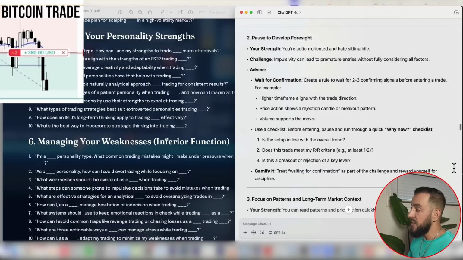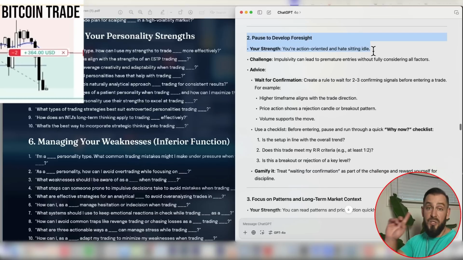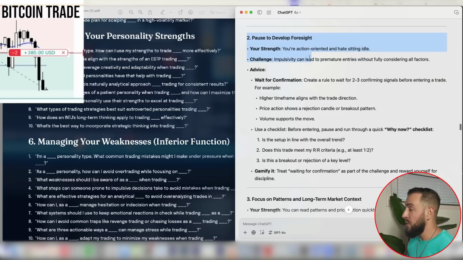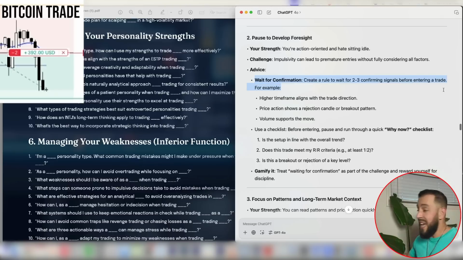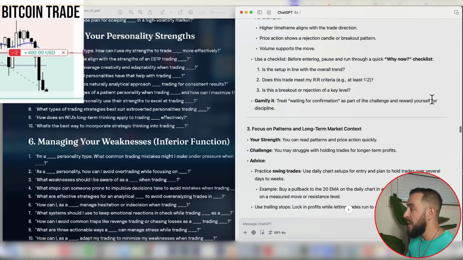Number two, pause to develop foresight. You're action oriented and hate sitting idle. It's very true, and a lot of traders that's true for. The challenge is impulsivity. So the advice is waiting for confirmation. Create a rule to wait for at least 2 to 3 confirming signals before entering a trade. Again, great advice. As you can see, the good advice just keeps coming here and it goes on and on